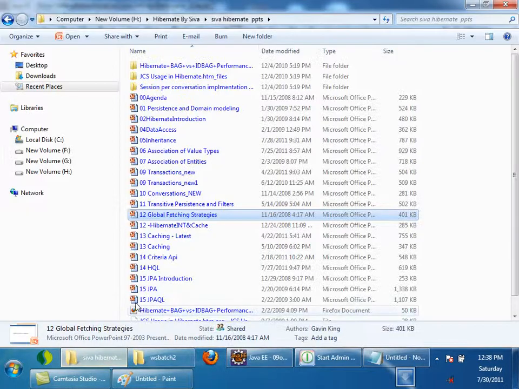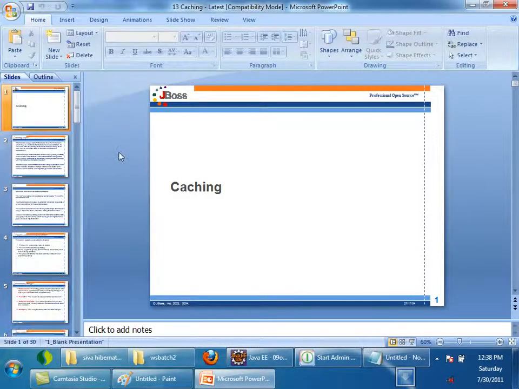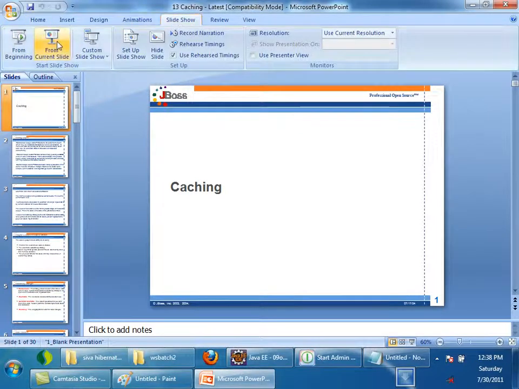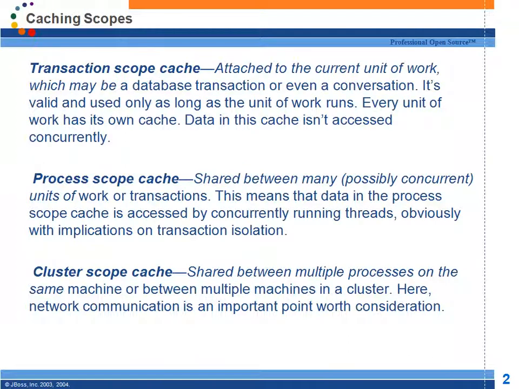So the next thing we'll see is caching. As you know, there are two levels of caching: first level cache and second level cache. Caching scopes. Transaction scope cache.